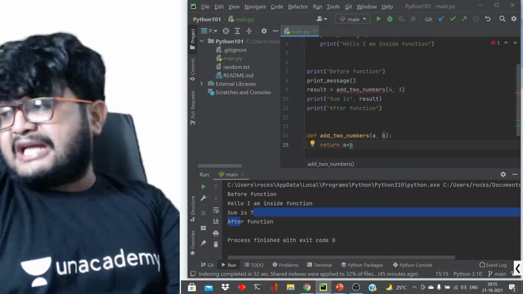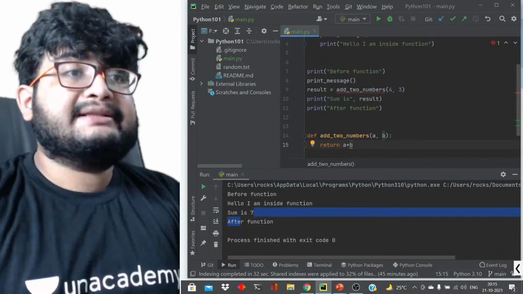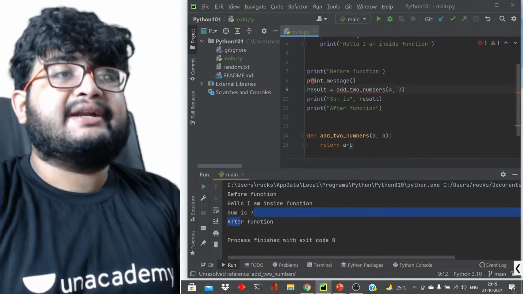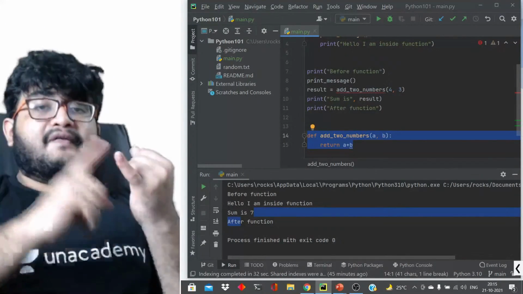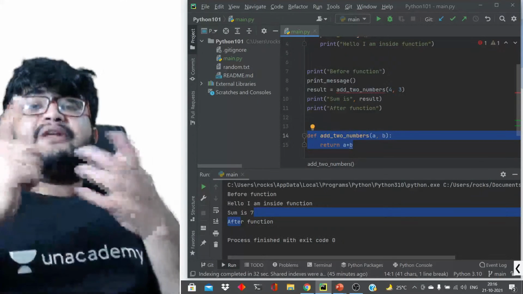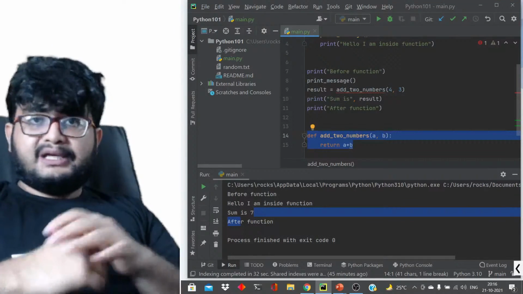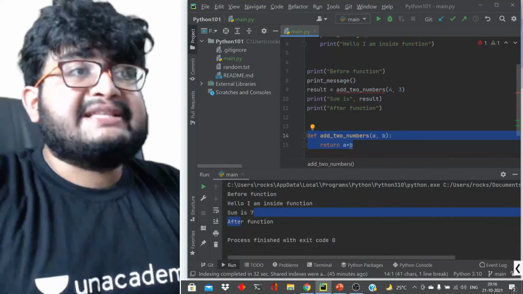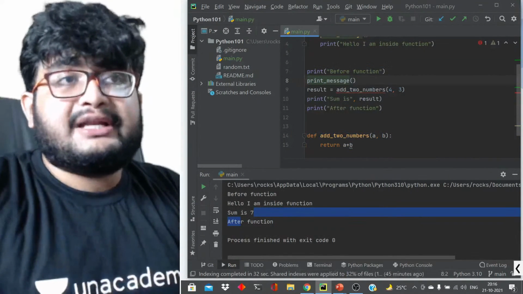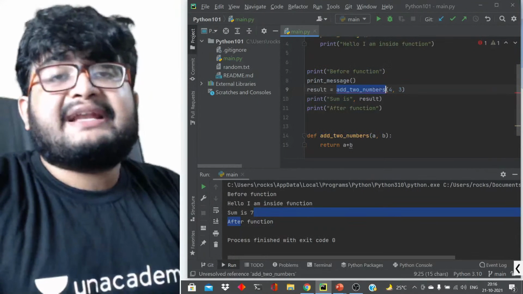If that's what you are asking, then you cannot, because you see there is an error. Whenever you use a function, you have to define the function before using it. Otherwise, the compiler will not know where the definition is. It is executing line by line, right? So it will not know where the definition of this is.